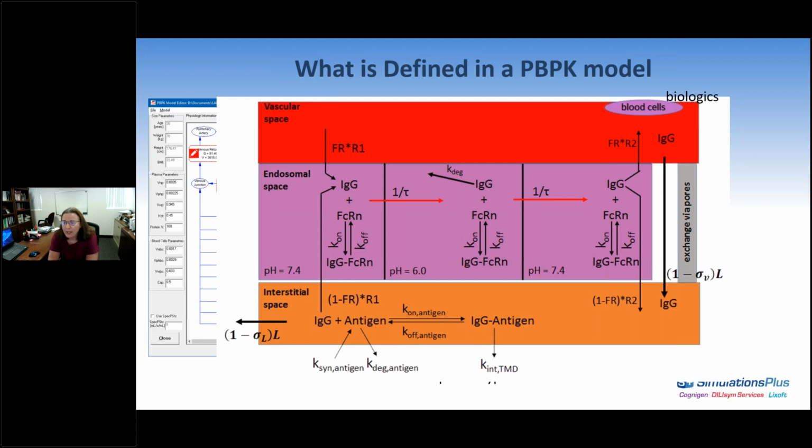And an additional important mechanism that we may need to consider for these large molecules is target-mediated disposition, or how binding to the target actually contributes to degradation and elimination of not only the target protein, but also the antibody itself. And these types of molecules are also the ones where the lymphatic flow, or the drainage through the lymph, becomes a more significant aspect for the distribution of the compounds. Next slide.